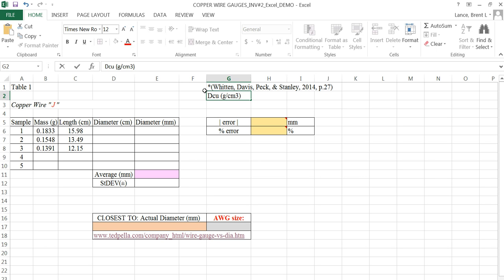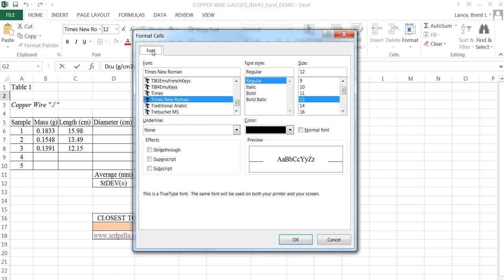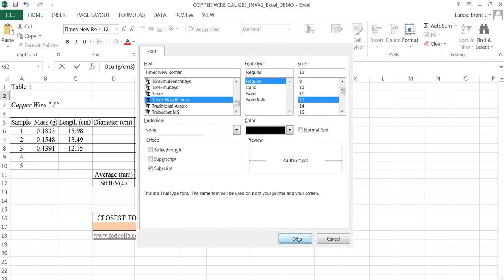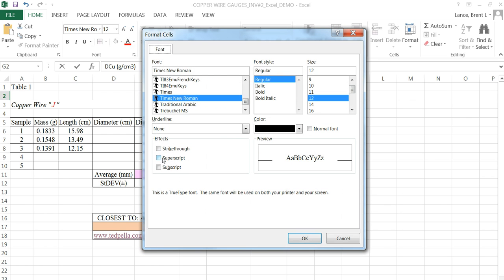So I'm going to just real quick talk about formatting your subscript that I want you to do for the copper and the superscript for the cubed. If I highlight the Cu part and I right click on it and click Format Cells, it'll bring up this where I can format the font. For that I want it to be underneath, so I'll pick subscript and click OK. And then again I want to make my capital C. Oops, I went one more time. There we go. And then highlight my 3, select that, right click, format that as a superscript,